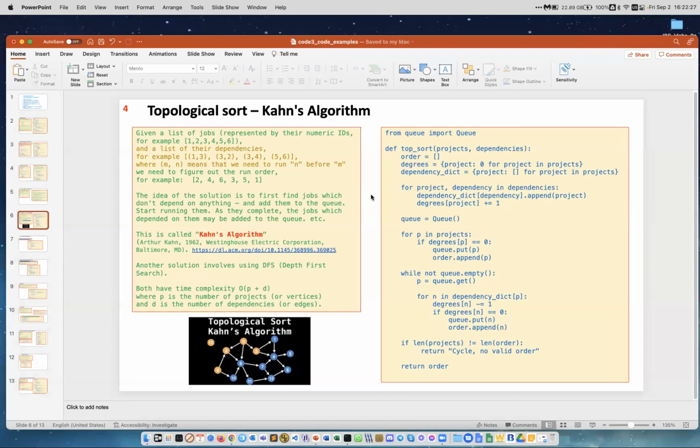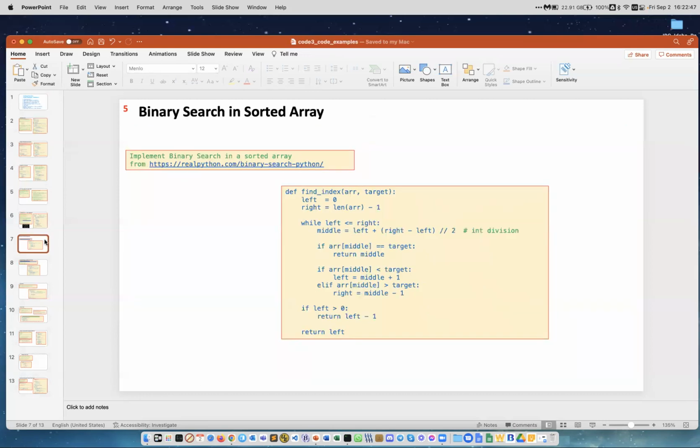So this is the implementation of this algorithm. We create the queue, and as we go through the projects, we do what I described here, and we append to the queue. Okay, I will not go through this. You can do it by yourself. Next one,